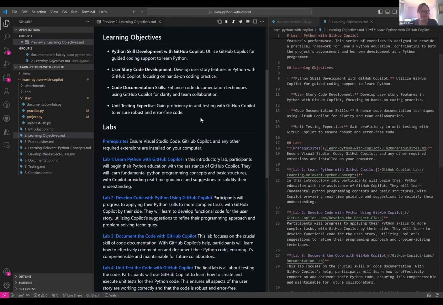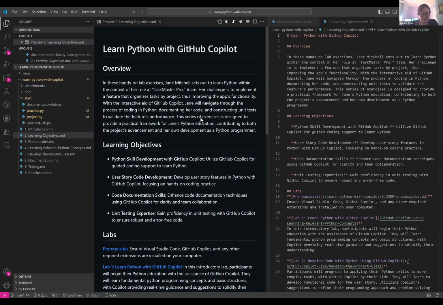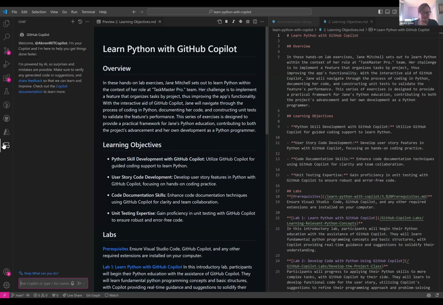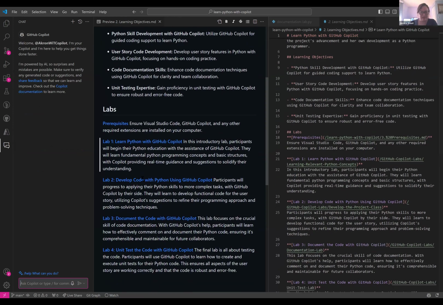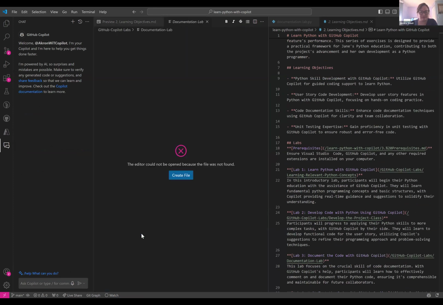Yeah, we went through it. We learned how to install Copilot into VS Code. Well, first we learned how to activate it in GitHub, and then sign in or install the extensions for it and sign into it in our VS Code, and then how to just ask it questions and get answers, and how to trigger, what do you call it, when it finishes statements for you. So we went through lab 1, lab 2, and now we're on lab 3, documenting the code,